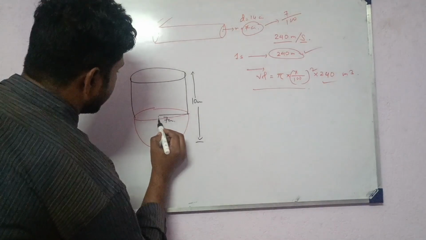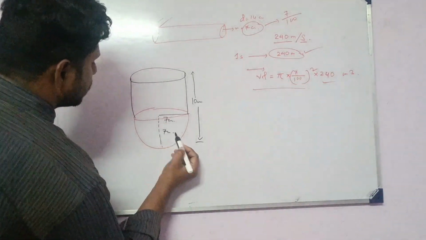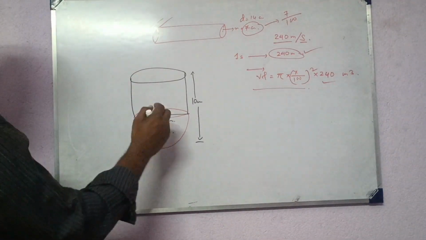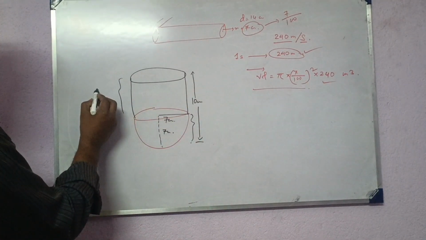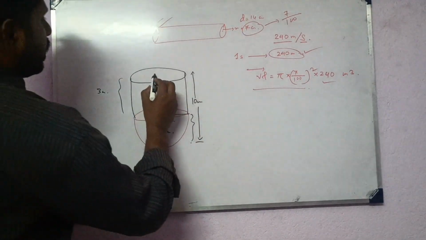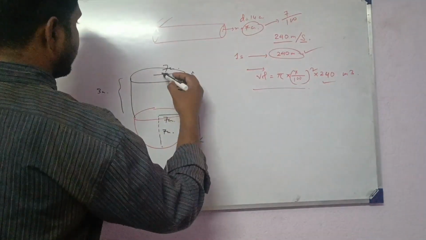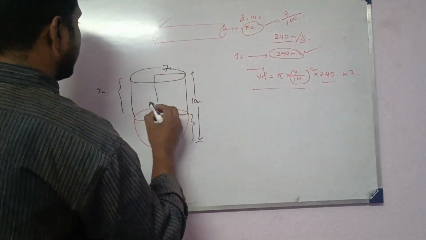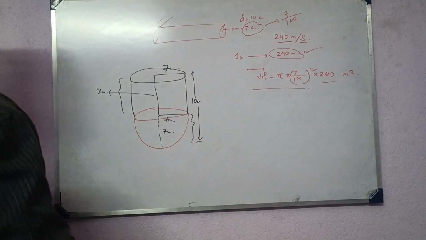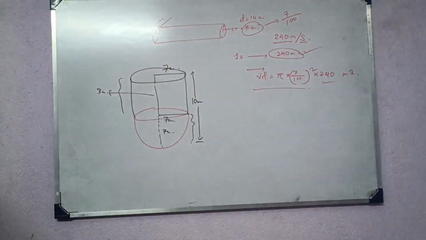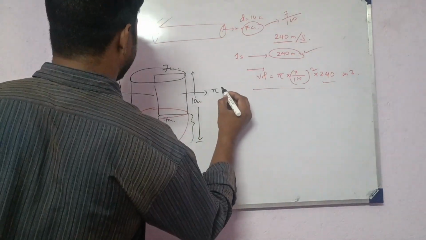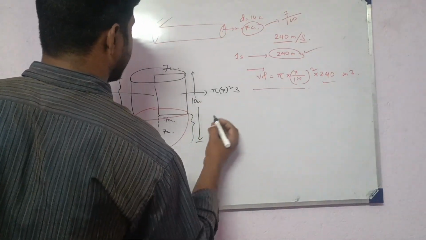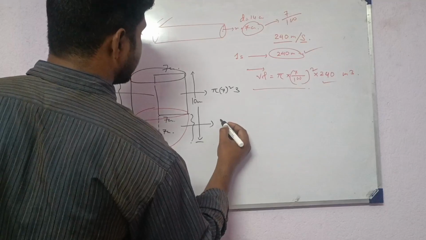Now, if this is 7 then this also should be 7. The whole length is 10, this part is 7, therefore this should be 10 minus 7, 3 centimeter. Therefore, the radius of the cylinder is 7 centimeter, and the height of the cylinder is 3 centimeter. So the total volume of that figure is: the cylindrical part is pi r square h, and the hemispherical part is